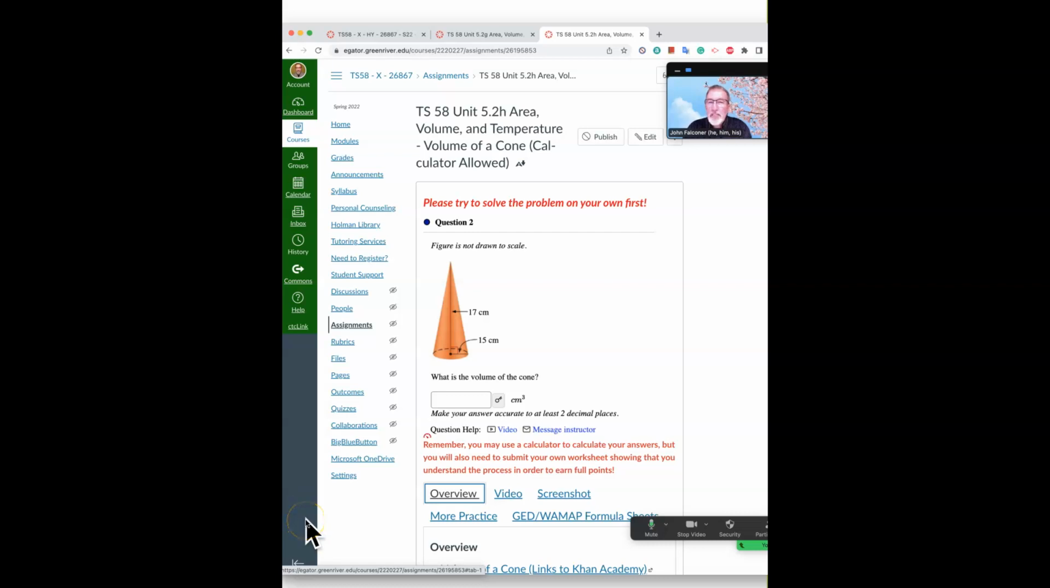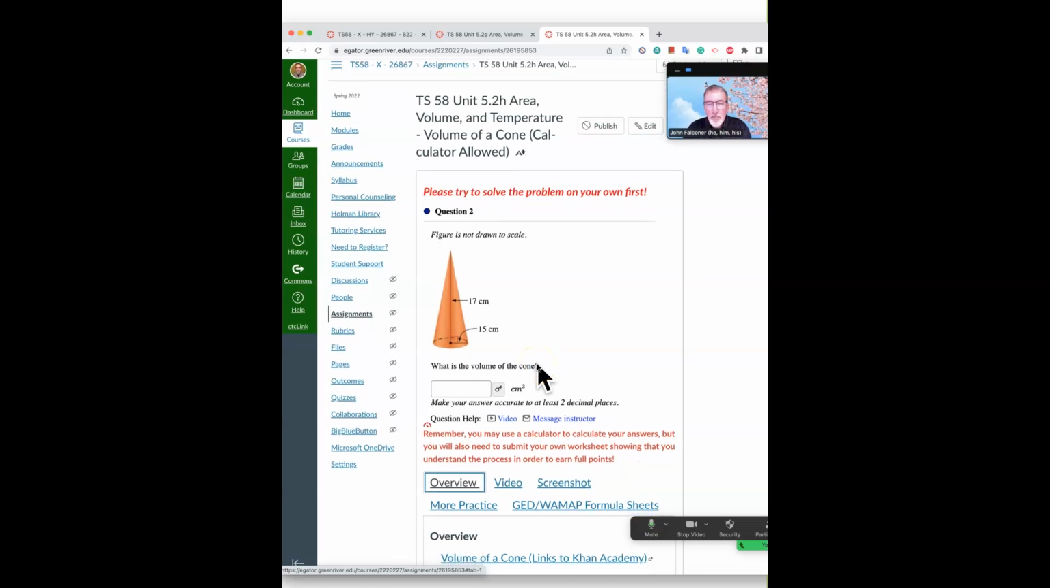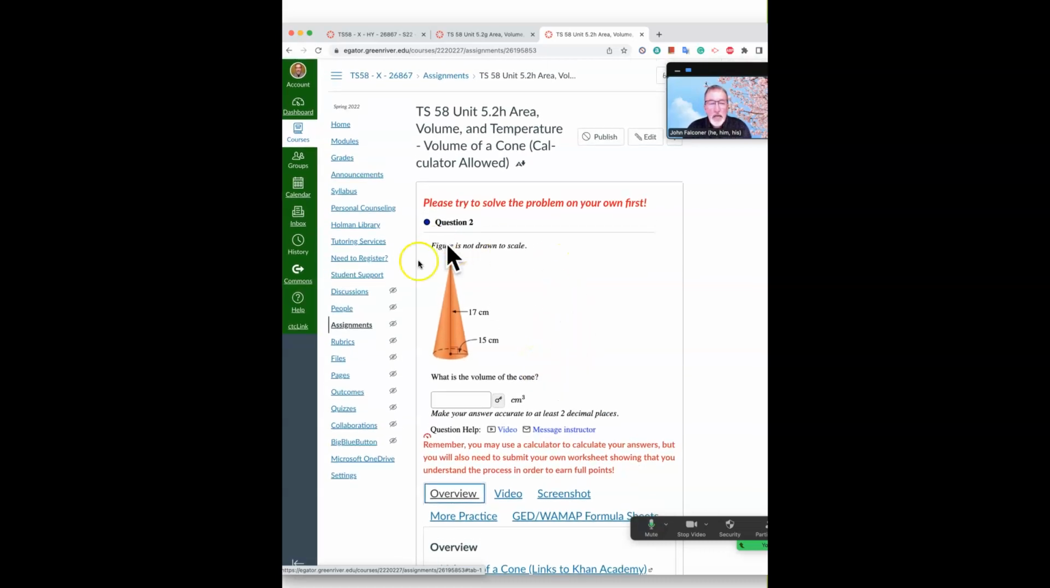Hello everybody, we're going to take a look at Unit 5.2H, which is volume of a cone. Alright, so the last cylinder exercise I used the word problem. This time I'm going to use the one with the picture. And we're trying to find the volume of this cone, which has a 15 centimeter radius and a 17 centimeter